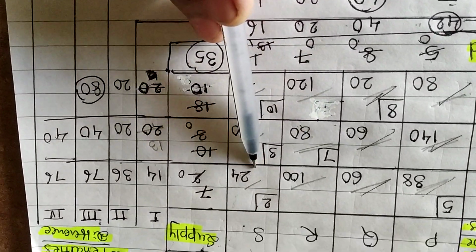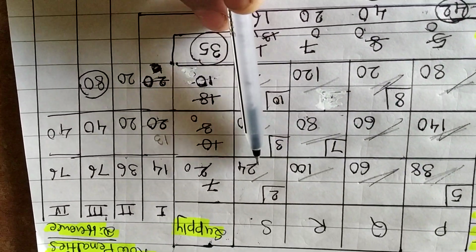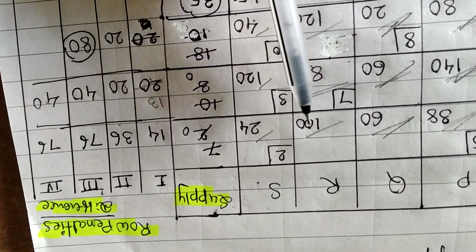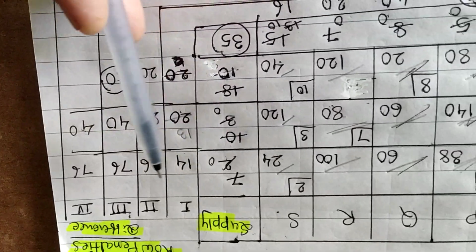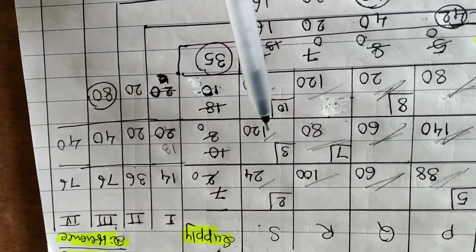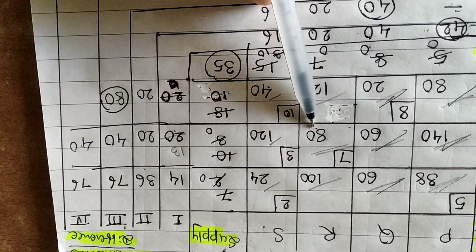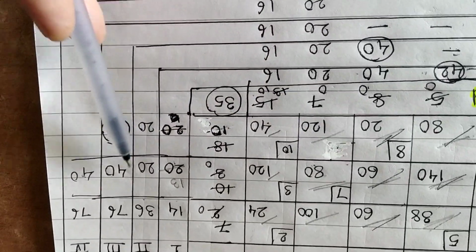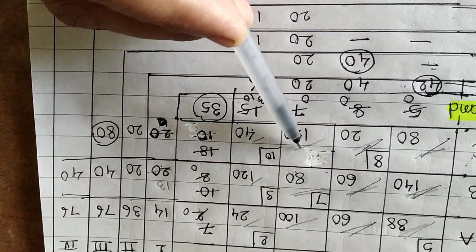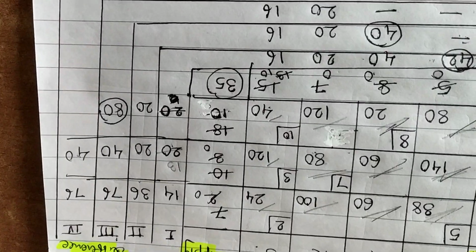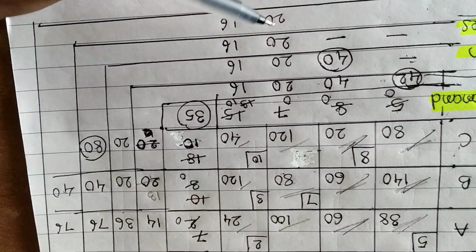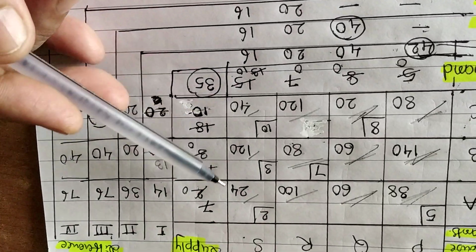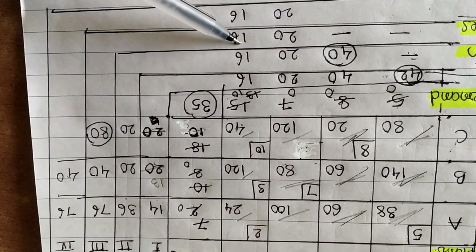Okay, again you know that 100 is the lesser number, 24, and the remaining number is 100, which means 100 minus 24 comes to 76. Again 120 minus 80 is equal to 40. Okay, again you see this column, 100 minus 80 is equal to 20. Again 40 minus 24 is equal to 16.